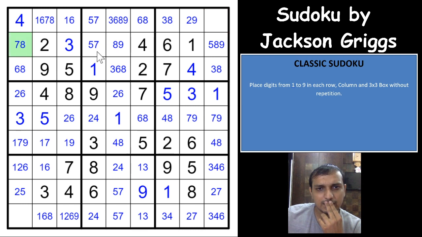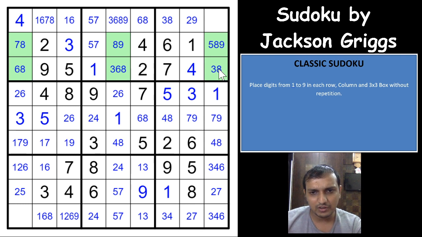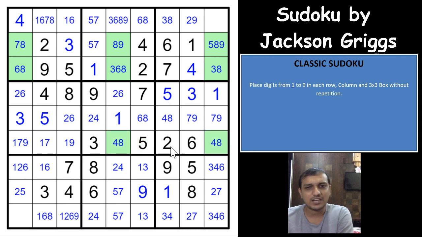Okay, we have 8 in these 3 cells and 8 in these 3 cells. That was easy to see, because these are the first 2 rows that I have seen which have 8 in these 3 cells. Let us see if we have any other row that has 8 in one of these 3 cells, these 3 columns. Oh yeah, we do have that. That gives you a swordfish, guys. Wow, a swordfish of 8.